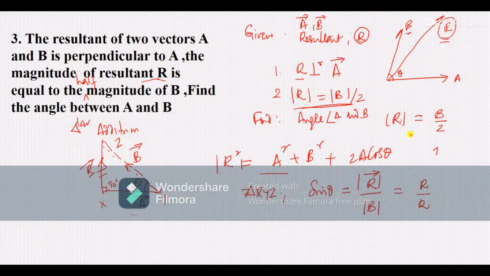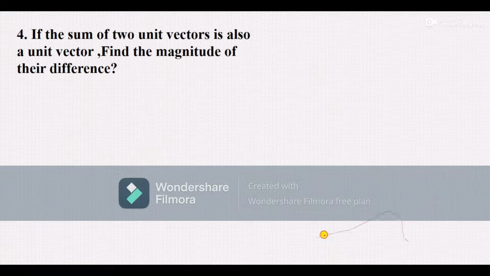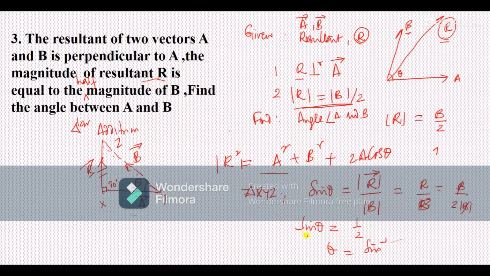When you substitute this value, B by 2, this becomes B by 2B. When this cancels out, we are left with sin theta equal to half. So this theta is equivalent to 30 degrees. So this completes the problem. So the next is